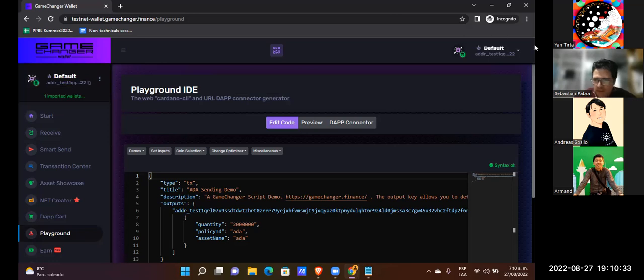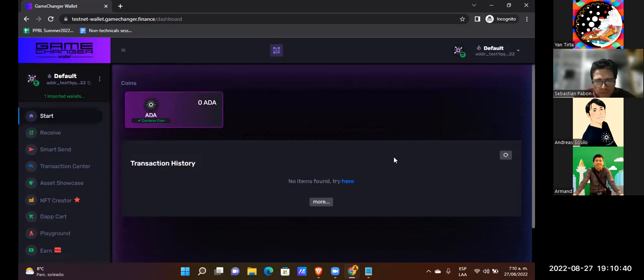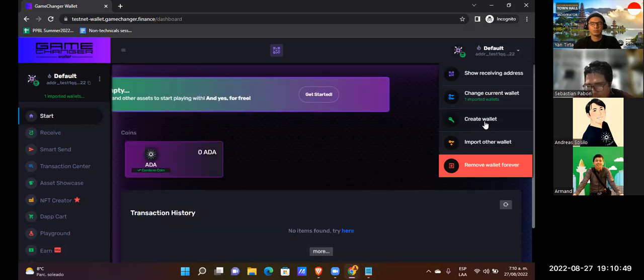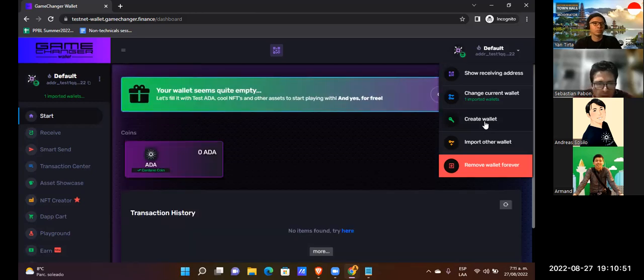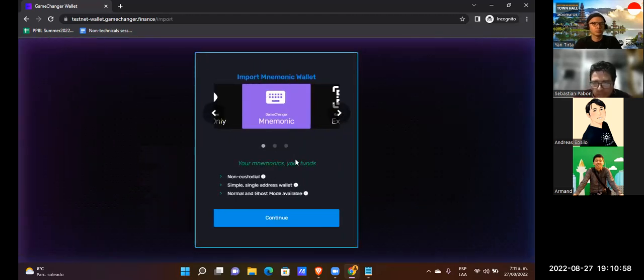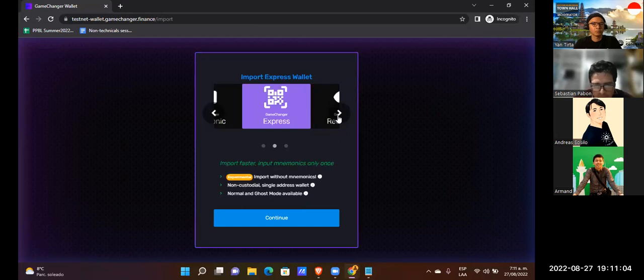Okay, as in the previous situation, we are going to import. This is our start site. We can create a new wallet, and we can import our Nami wallet, for example, with our mnemonics.